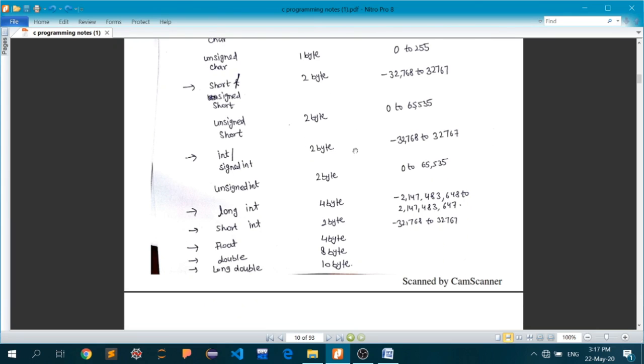As you know, 2 bytes of memory are allocated for the initialization of an integer variable, and its range is important here, because the maximum value that you can assign to an integer variable is 32,767, down to minimum of minus 32,768.